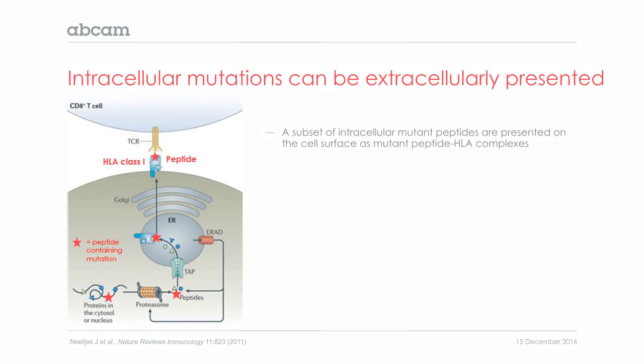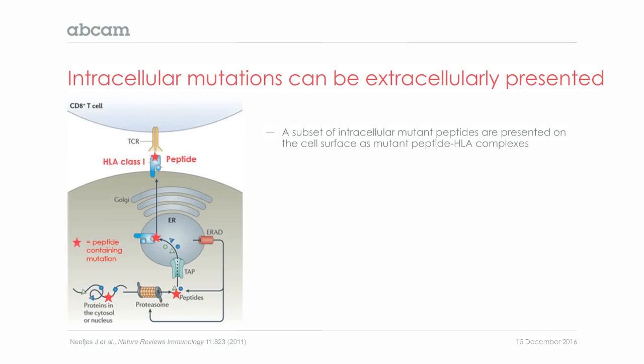And so the reason that we're interested in this pathway for cancer therapy is that a fraction of intracellular mutations can be presented extracellularly, and this would be a truly tumor-specific marker present on the cancer cell surface. So now I've modified the diagram to contain the red star that represents a peptide-containing mutation. And so it's possible that peptides containing mutations will be presented as a mutant peptide-HLA complex on the tumor cell